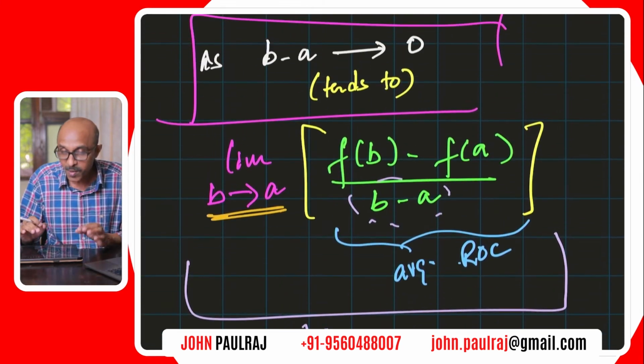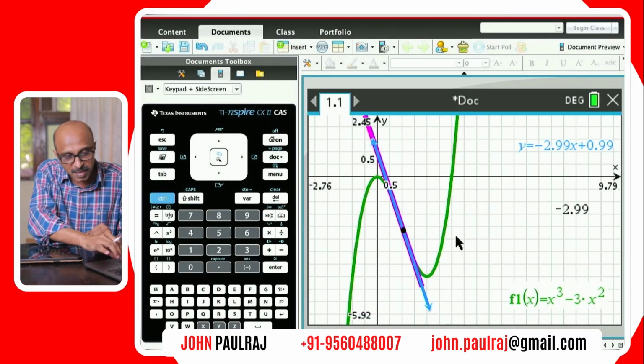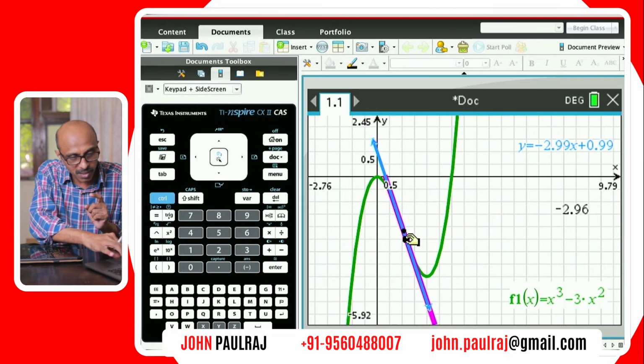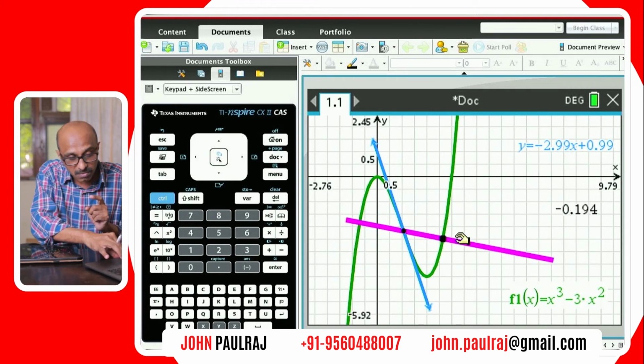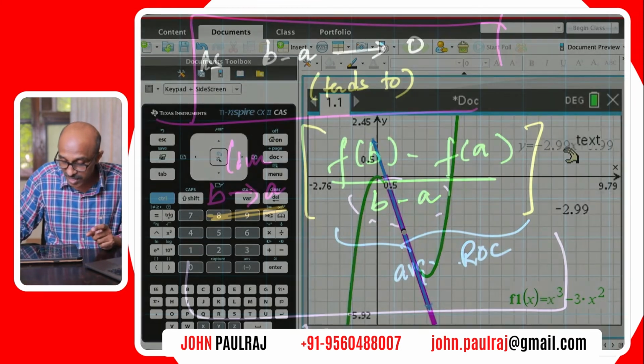Now, using limit, we can get a definite answer as we have already shown here. As the limit becomes 0, that secant line, what color was it? I don't know. I'll just move this point and see what's going to happen. Yeah, can you see that? That magenta line was the secant line. As the distance becomes small, that b minus a becoming small, you can actually see that the slope of the secant line is equivalent to the slope of the tangent line,